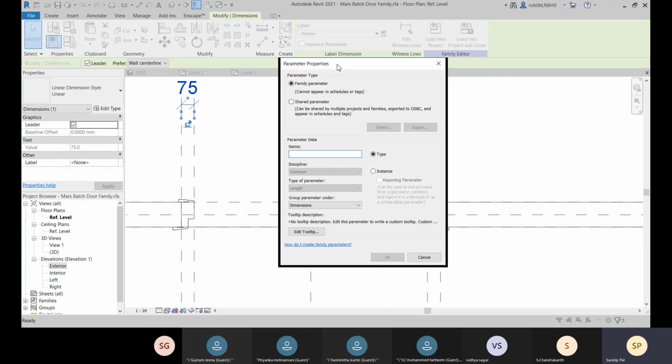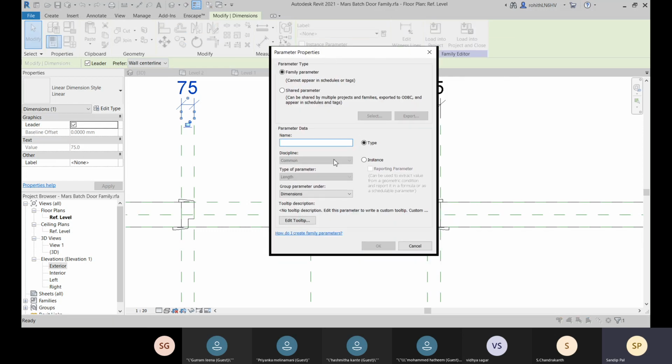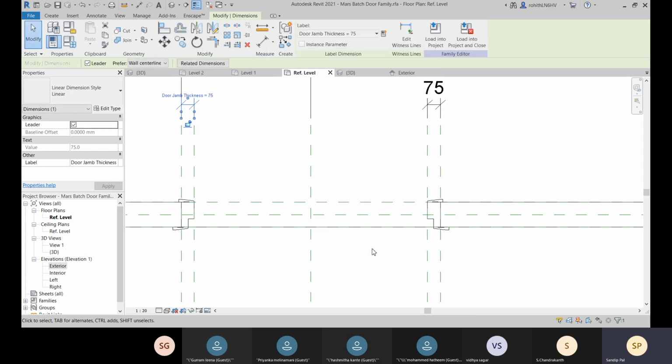So from this option also you can create, so like door jamb, and this is about your length, because you have selected already the dimension, and this is under dimension, and let's click on OK.